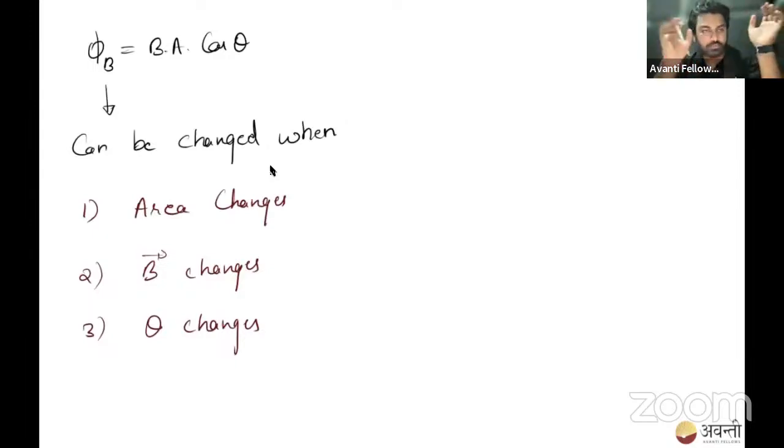Now let's come again to the flux. Flux is BA cos theta. This we have already seen. But how can we change this flux? We can change it either by changing the magnetic field, right? If we change the magnetic field intensity by any means, if we bring two magnets, the magnetic field will increase. Or we can increase the area, so more magnetic field lines will cross and the flux changes. Or change theta. If it was at 30 degrees with the area vector, make it 60 degrees. Again, the flux will change. So it can be changed by three methods.